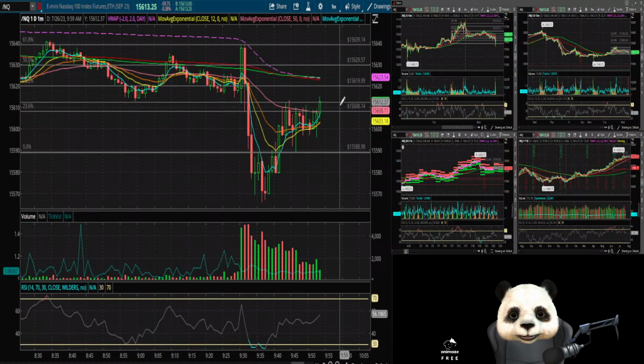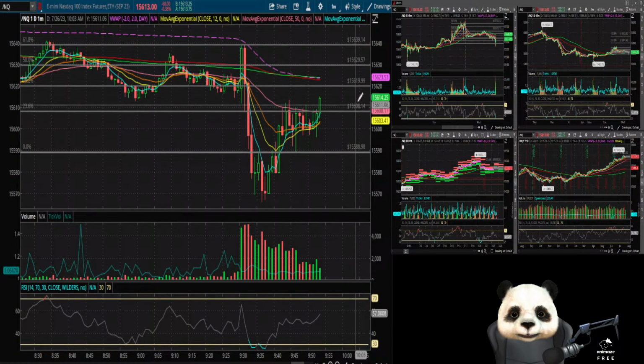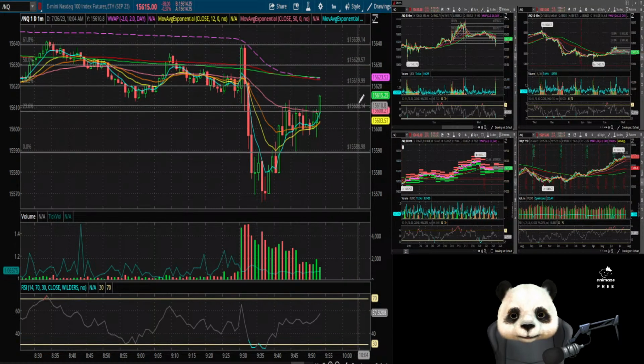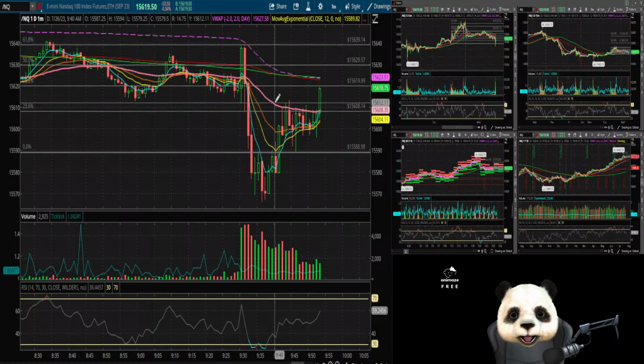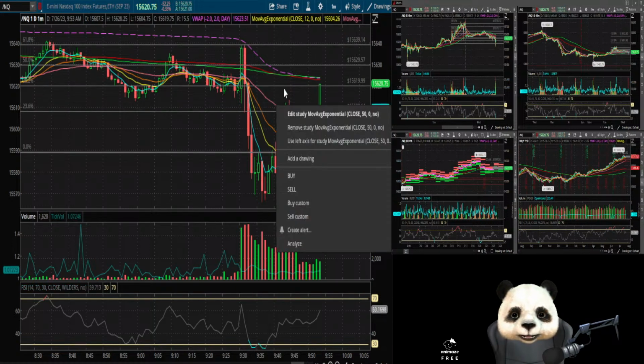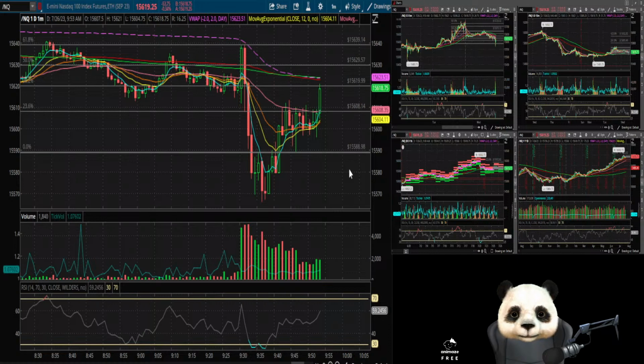All right. NASDAQ did not respect this EMA's resistance. This EMA is the 50 EMA, I believe, that I have. Yep, 50 EMA. So we're getting a little pop up here as the S&P is coming up on 45.90 again.